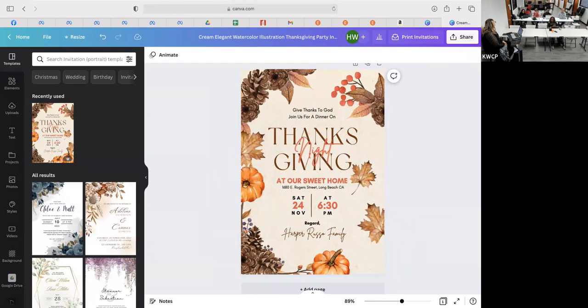Okay. So I clicked it and I hit delete. Okay. So I want to find a different type of pumpkin since I don't like these pumpkins. I'm going to come over here to the left and use some of the tools that we have over here